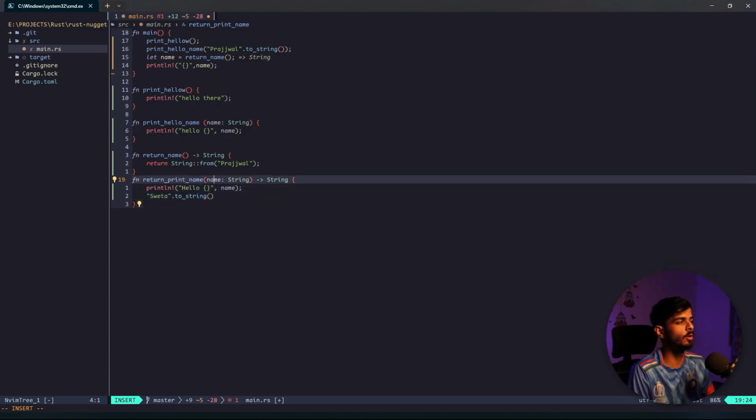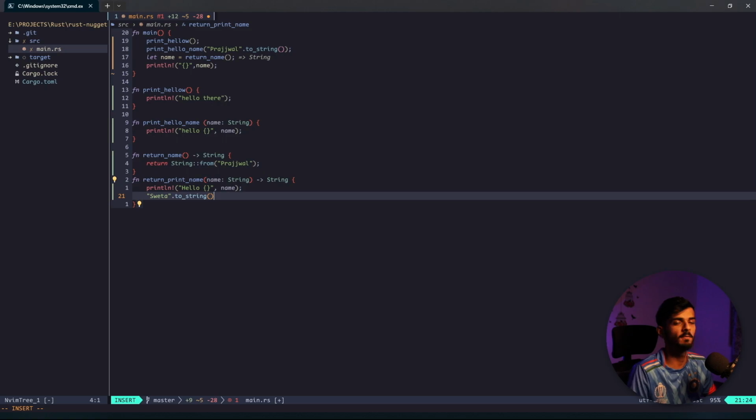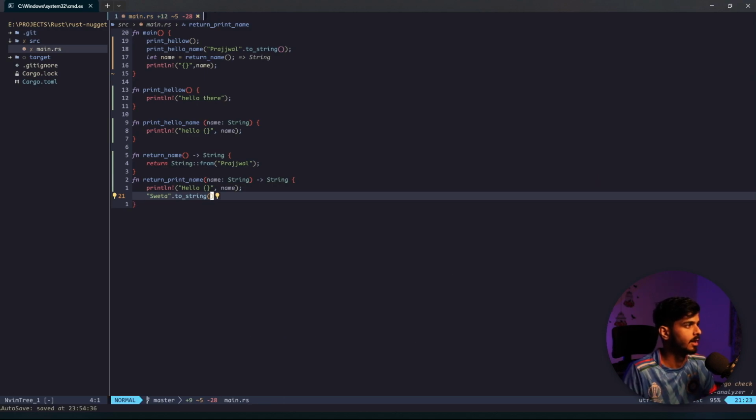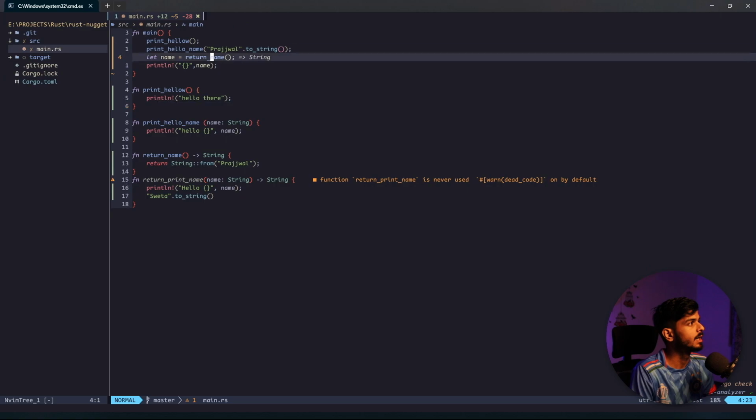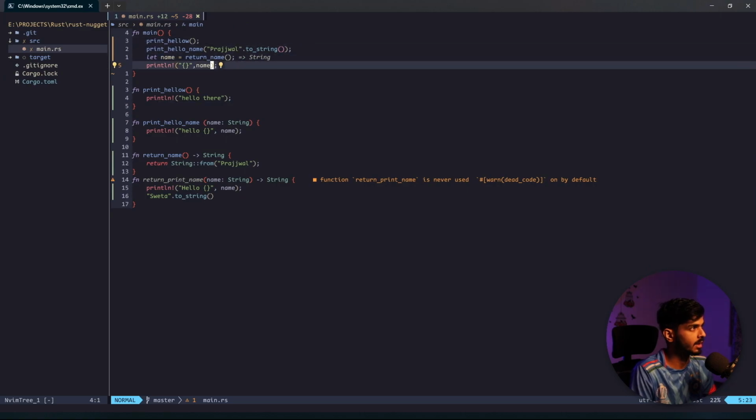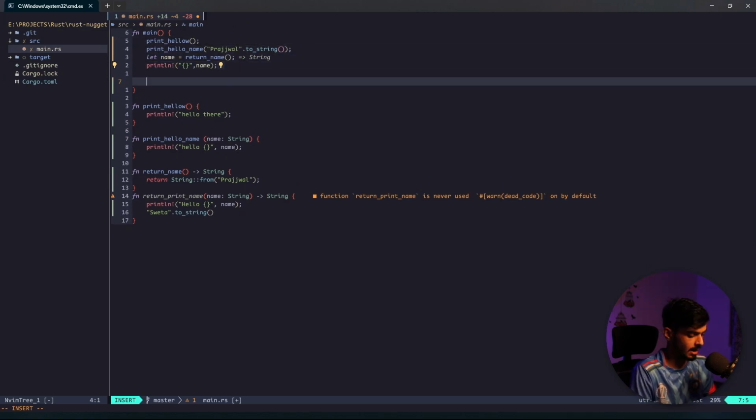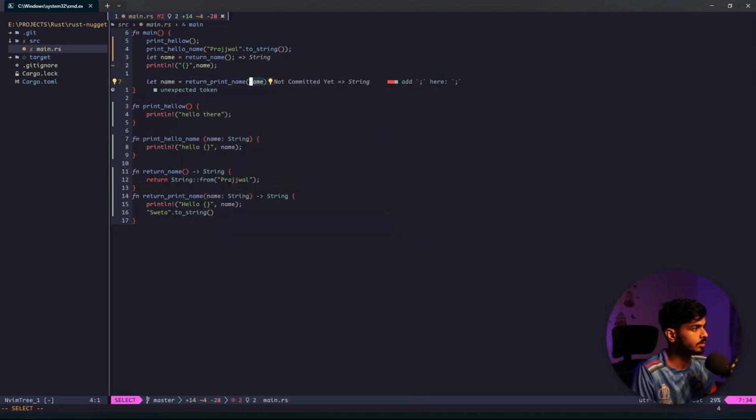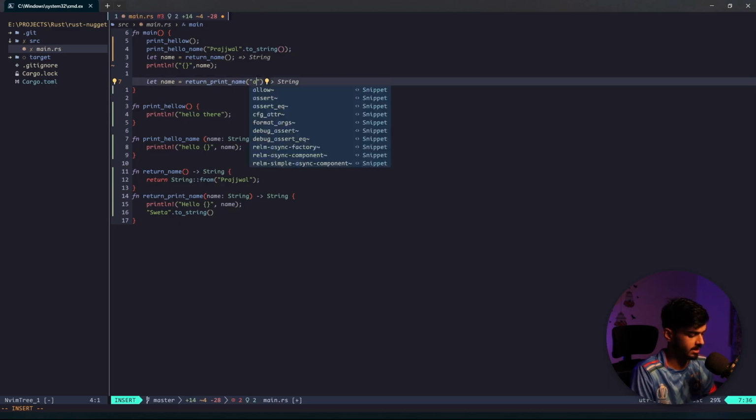So if you don't want to use this return keyword, this is the feature of Rust. You just give the type or variable there without semicolon. It will assume that you are trying to return this one. So this is correct code. Now let's take it out here and we'll do again let name equals return print name. So we will give a name, say let's make it Arun,